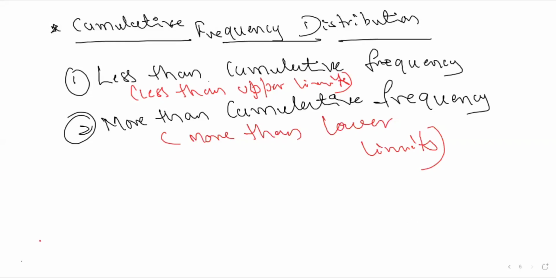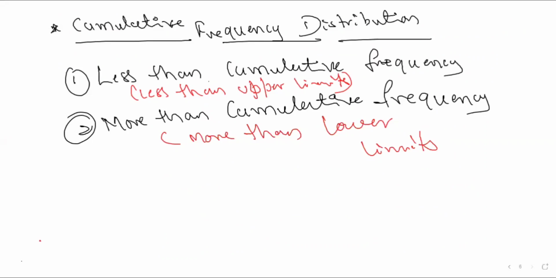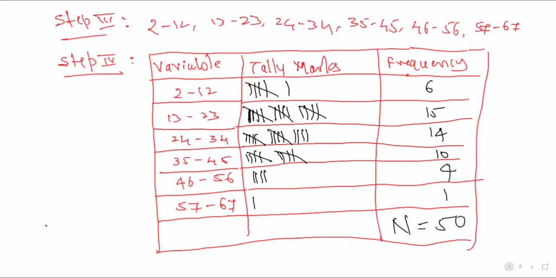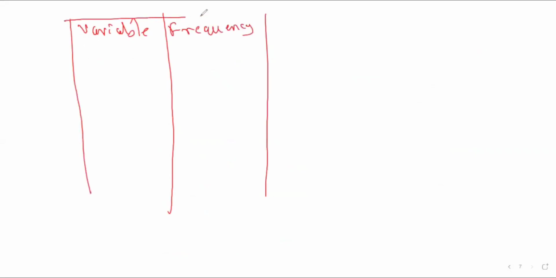Now, I will go back to this cumulative frequency distribution. So we need variable and frequencies. Now I'll demonstrate one example on cumulative frequencies, right? So here we consider variable and frequencies, right? So what is that variable? 2 to 12,